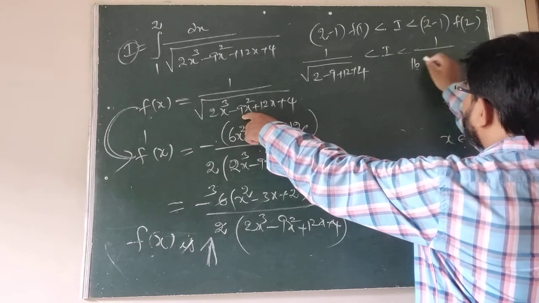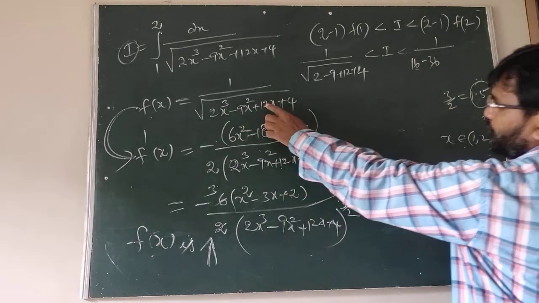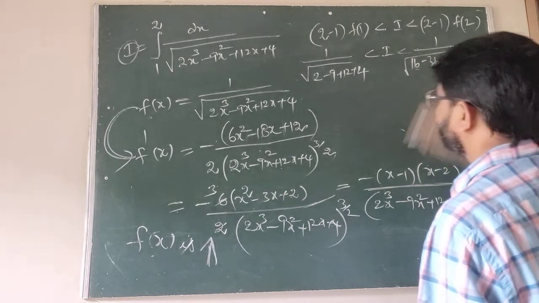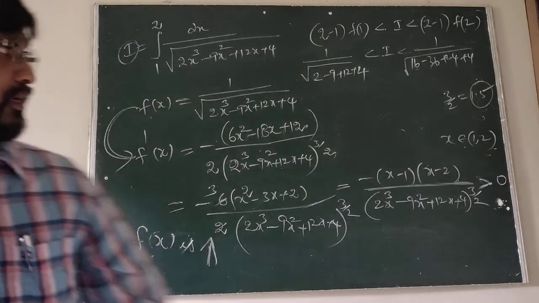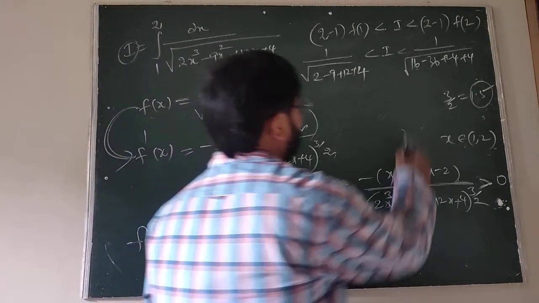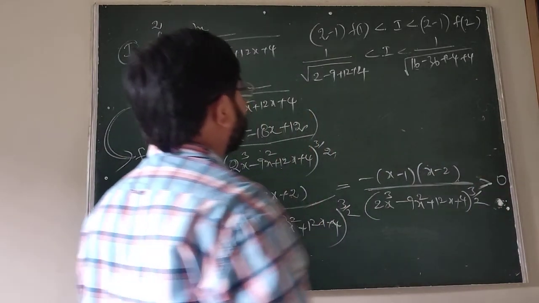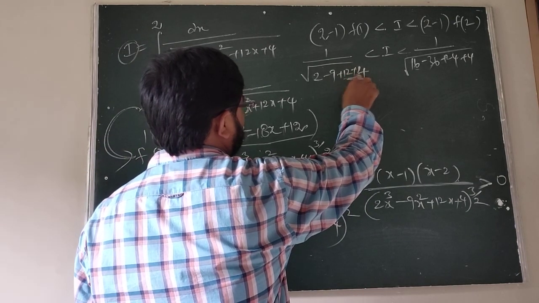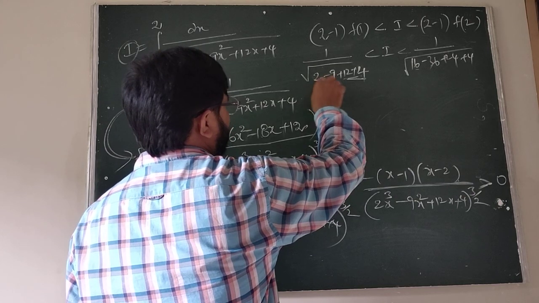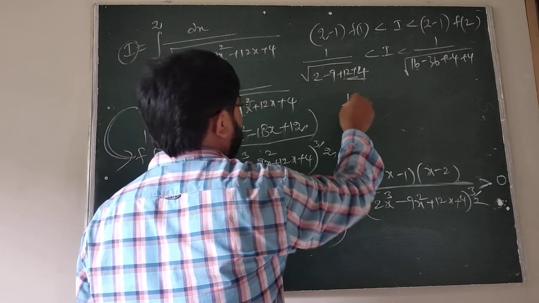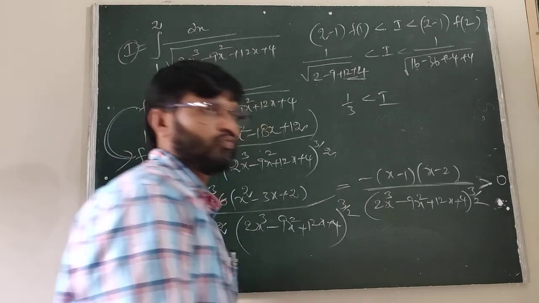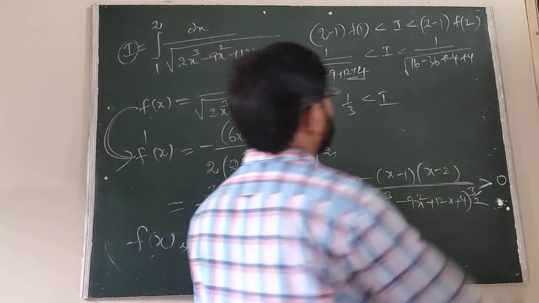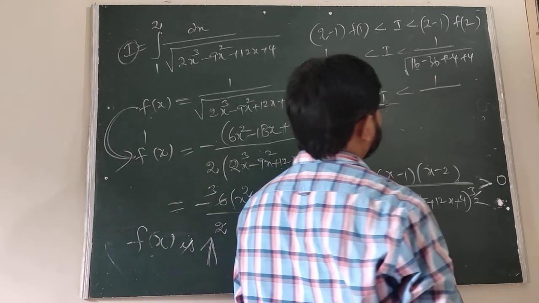4 9 jar is the 36. Therefore, this is 12 2 jar is the 24 plus 4. After that, how to write this one? You can think here: 12 plus 4 is 16, 16 plus 2 is 18, 18 minus 9 is 9, root 9 is 3, so 1 by 3. Therefore, 1 by 3 is less than 1 by...